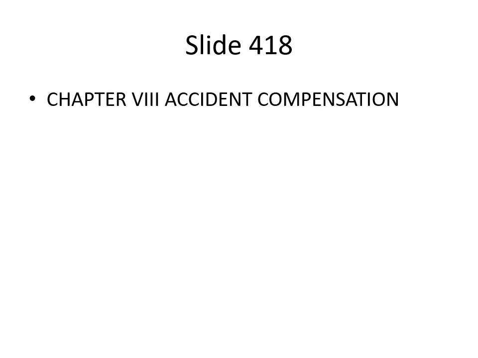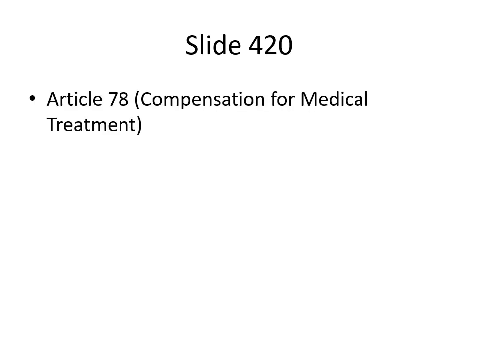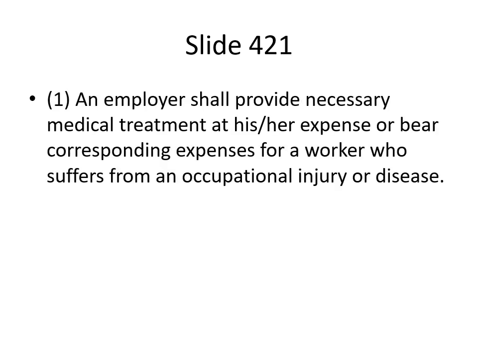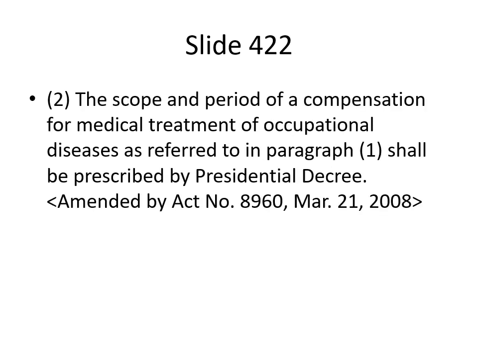Chapter 8. Accident Compensation. Article 78. Compensation for medical treatment. 1. An employer shall provide necessary medical treatment at his/her expense or bear corresponding expenses for a worker who suffers from an occupational injury or disease. 2. The scope and period of a compensation for medical treatment of occupational diseases as referred to in paragraph 1 shall be prescribed by Presidential Decree. <amended by Act No. 8960, March 21, 2008.>